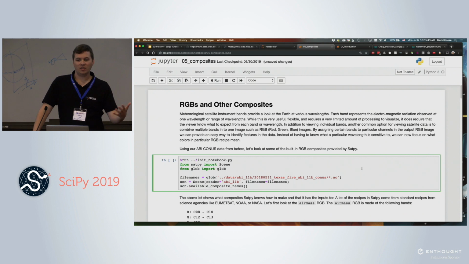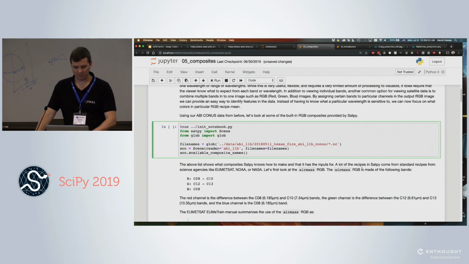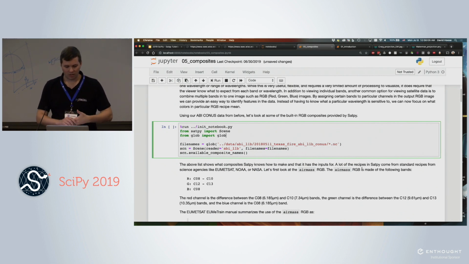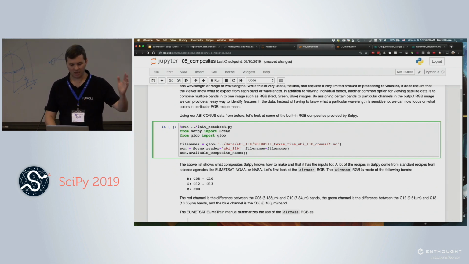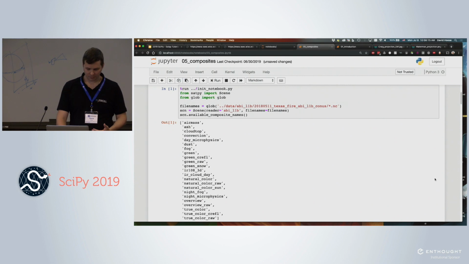Now, what we can do is set all of the red values to a particular channel, all of the green values to a particular satellite channel, all the blue to another channel. And by doing this, the features that a wavelength picks up end up being a certain color in your output image. So let's look at a couple of these. We're going to look at the ABI CONUS data again. Same setup as always before, except we're going to end this cell by asking the scene what available composites there are. So we get this nice